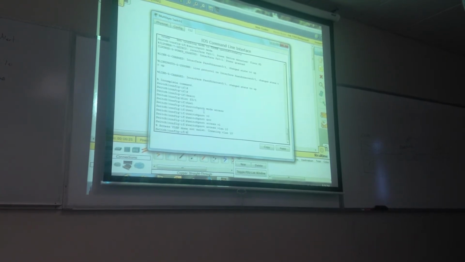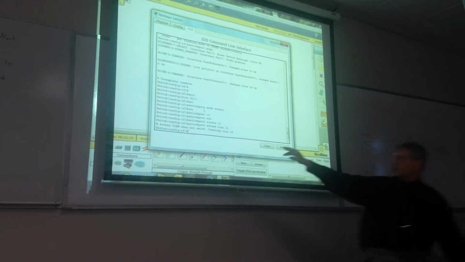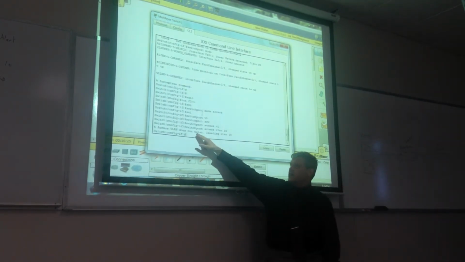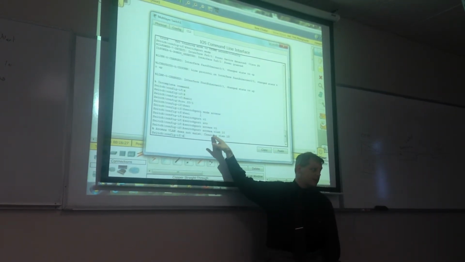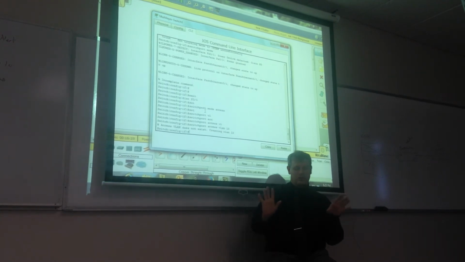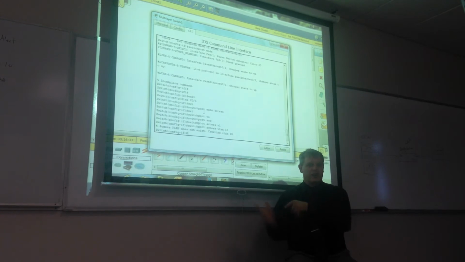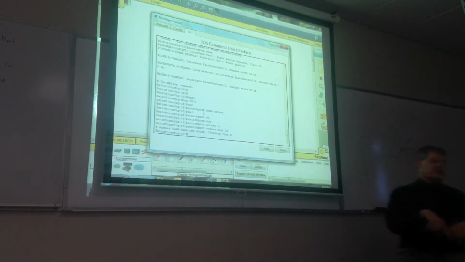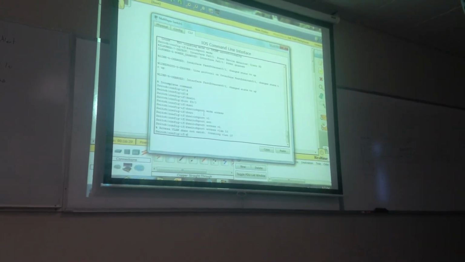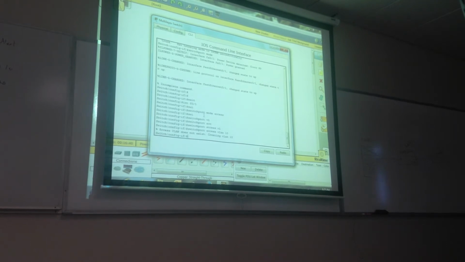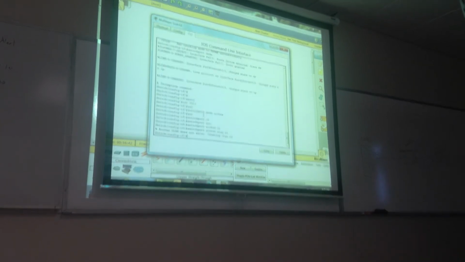See, now I did not do anything, but the switch will say, hey, that VLAN does not exist. I'm going to make it for you. Really nice, cool little extra step that you used to have to do on your own that the switch will do for you now. Okay. And then in order for the switch port to talk to the phone,